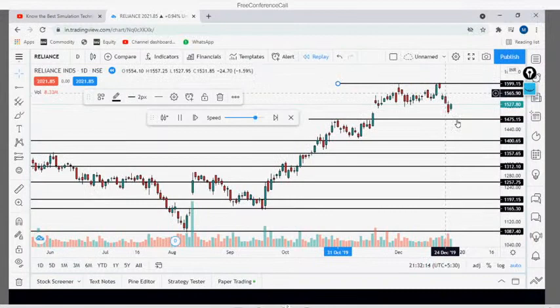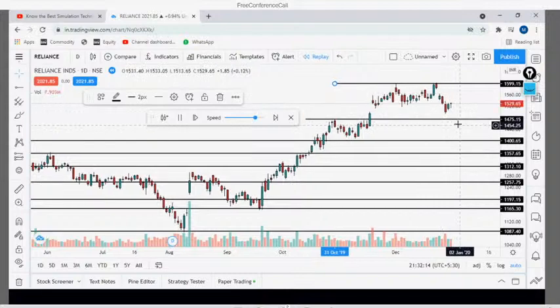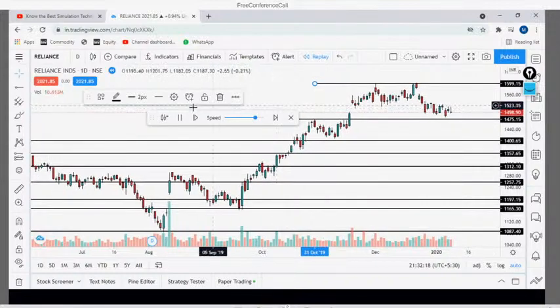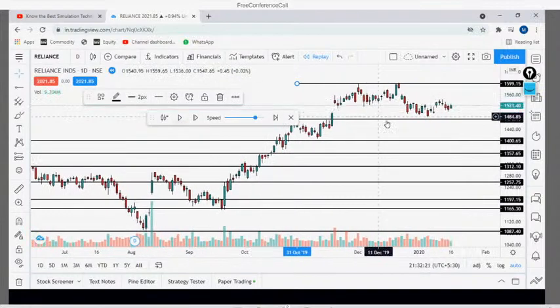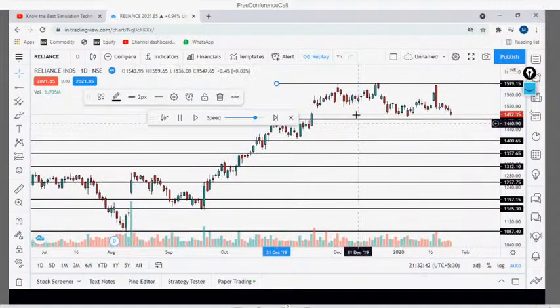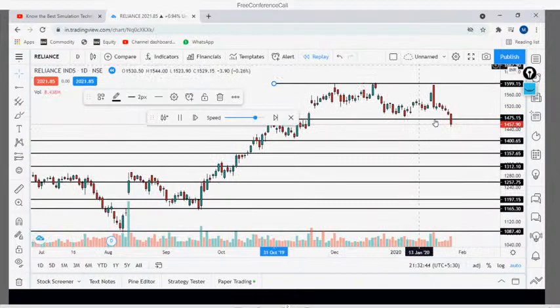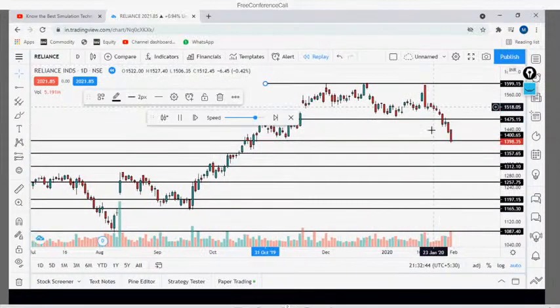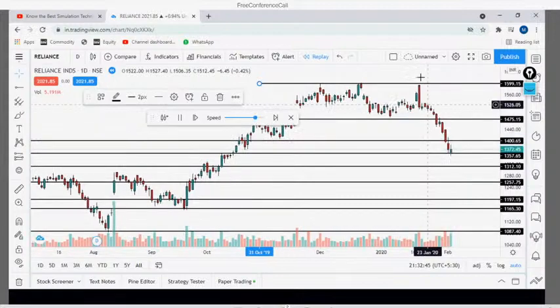Always remember one tip: whenever the stock is touching the previous resistance for the first time, that will act as a strong resistance. But if the same level is getting hit multiple times, whether on the support or on the resistance, that will become weaker. Just remember this. See, we have drawn two lines, and how it is just playing between these two levels. You can see here, at whatever levels it is bouncing, that will be either one of the support or one of the resistance areas.